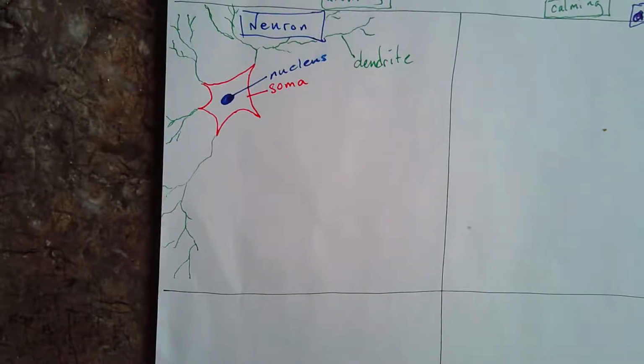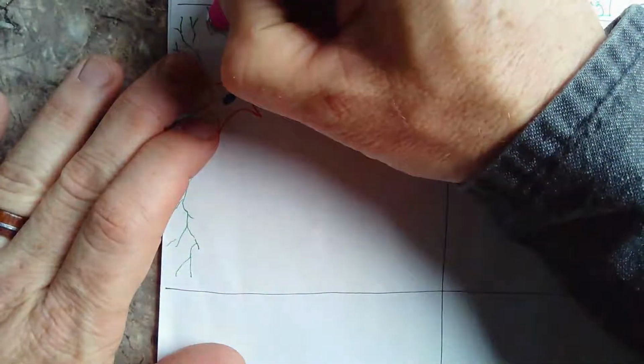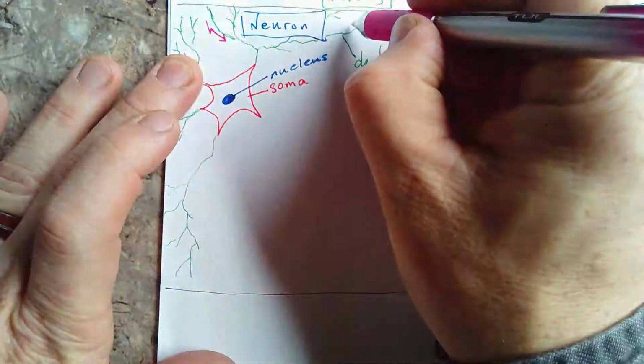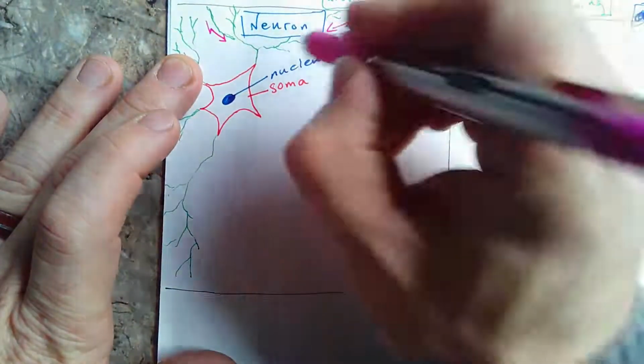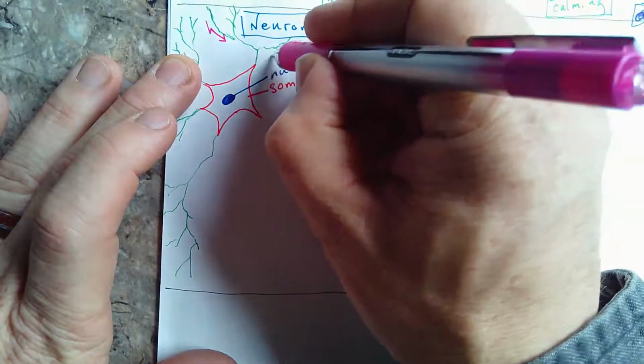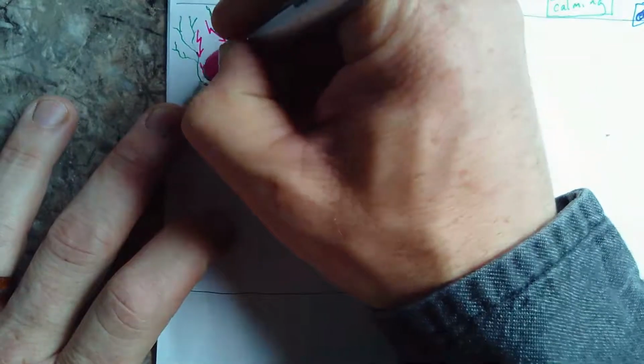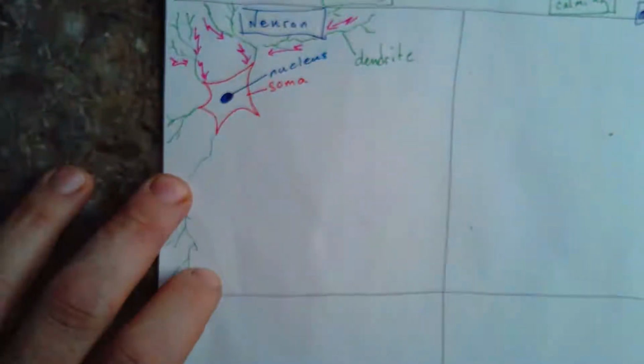But the information only travels one way. Okay? I'm going to draw these as lightning bolts that are arrows. So these only come into the cell. None of these arrows should go out of the cell. This is electrical signal that travels into the cell from either